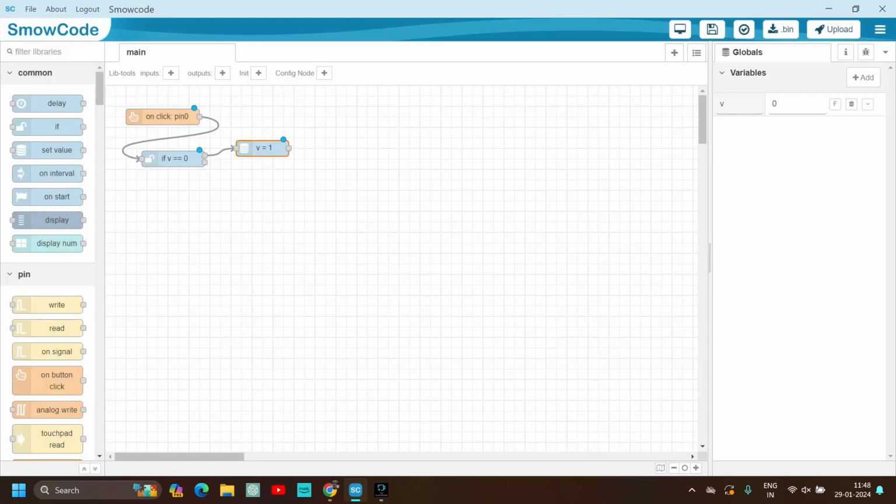Now when we click the button, it will check if the v is 0 or not, and yes, the v is 0 as we declared it as the global variable as 0. Then it will be converted to v is equal to 1 and the event will be further processed. So now we will take the display node and we will display